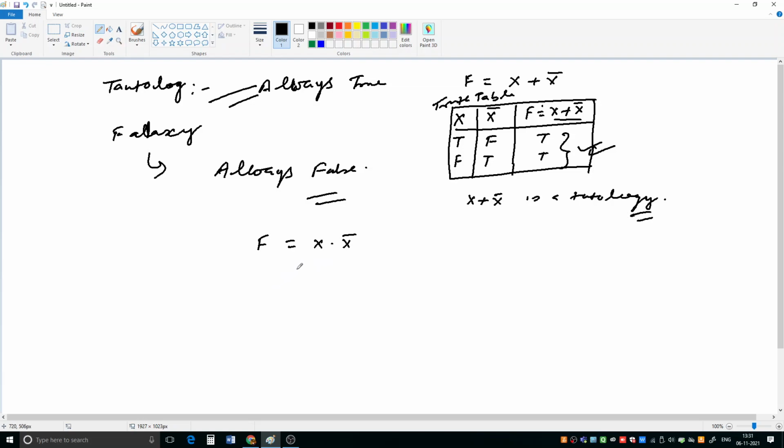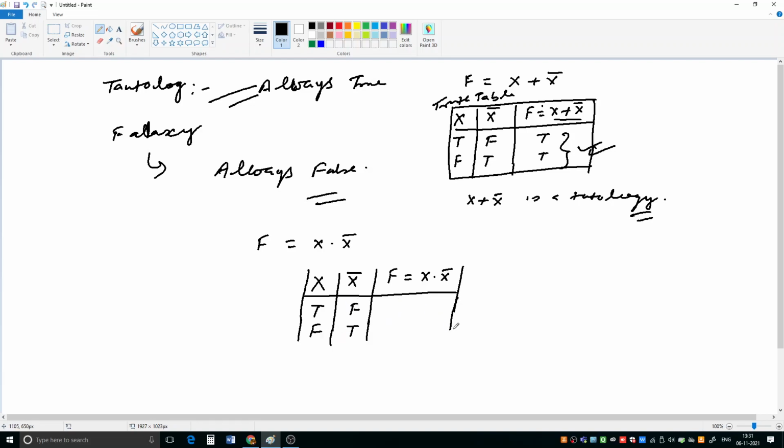So let us write the truth table for this one. We have only one variable x and its negation, and then f equal to x dot x naught. Here x can have value either true or false. So when x is true, x naught will be false. When x is false, then x naught will be true.